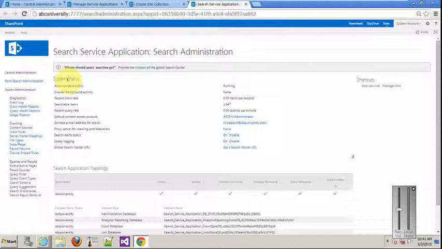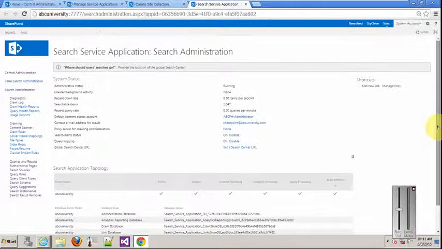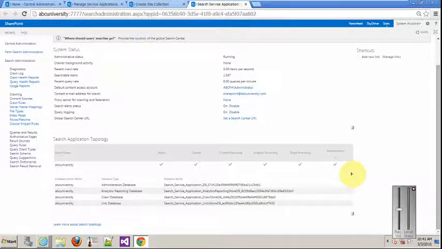This search screen has the navigation on the left, which provides all the quick links, and this is the status of the search. Most of the time, whenever you open it, if there is any error in the configuration, you will see the error over there, like admin, crawler, content processing, analytics, query processing, and index. If any one of these services is impacted, you will get the error here